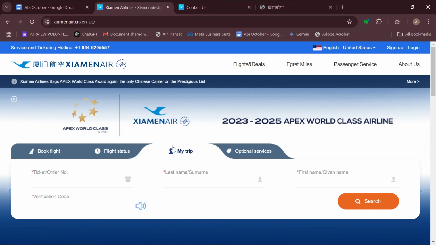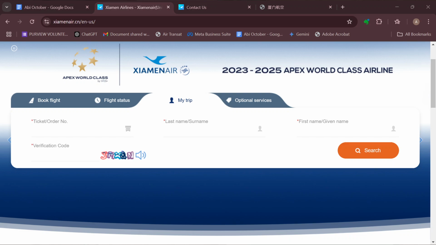So after clicking on the My Trip option, ensure you enter the ticket number, then your last name, your first name, your verification code, then click on search to bring out the trip that has that information. So after the trip has been displayed and you can see the trip, go ahead and select the new date and